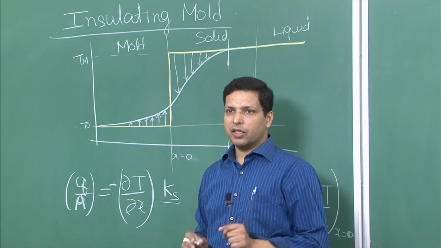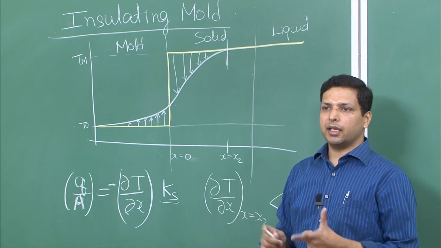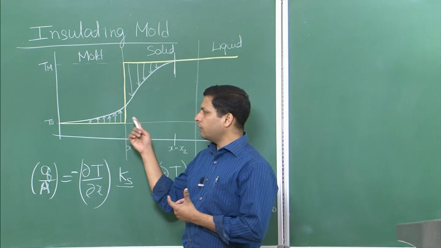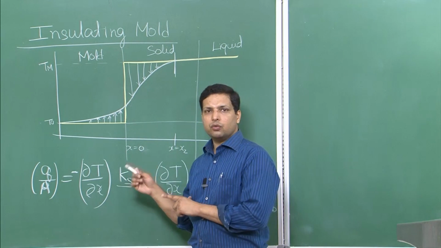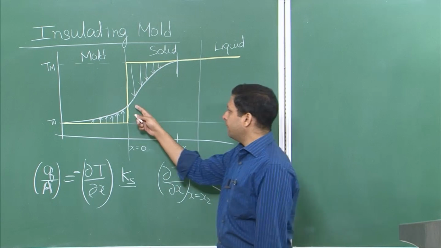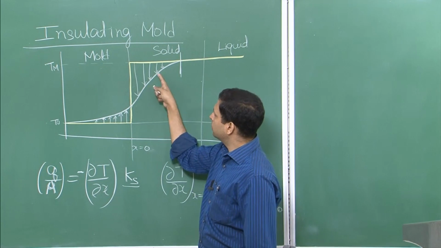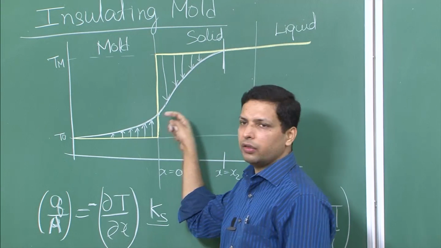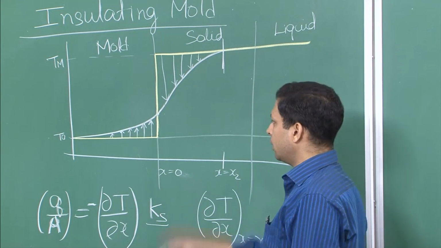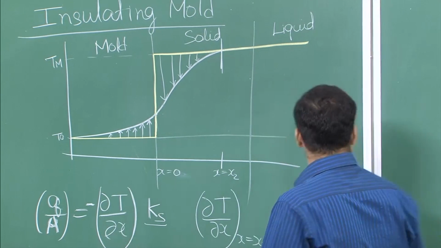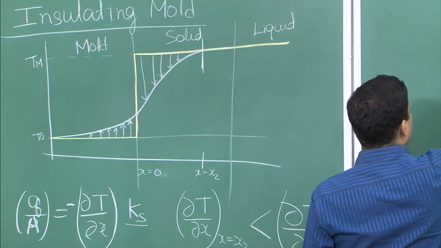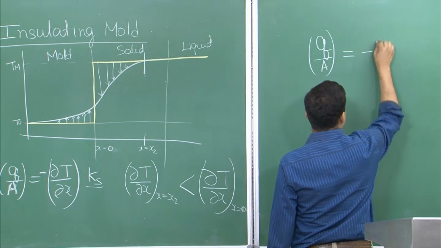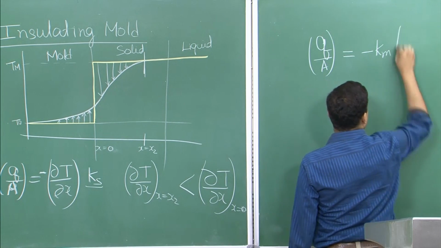That is, if we assume that no heat loss is taking place because of the interface, which is also called interface resistance, as we will see next, then the amount of heat coming out from this solid-mold interface should be equal to the amount of heat going into the mold side, meaning Q over A should be equal to minus Km